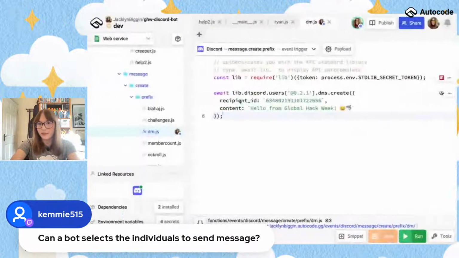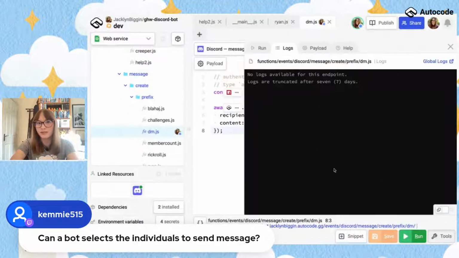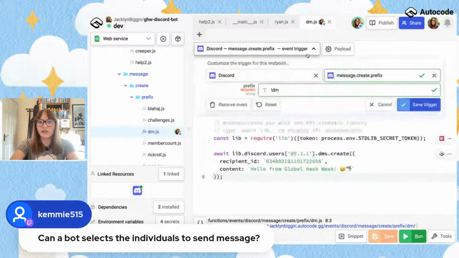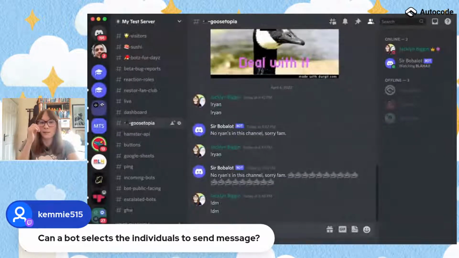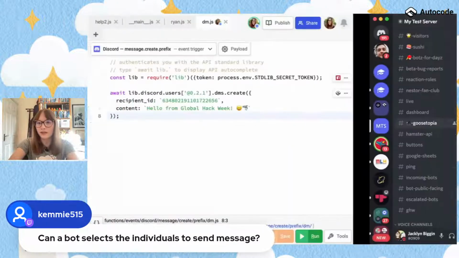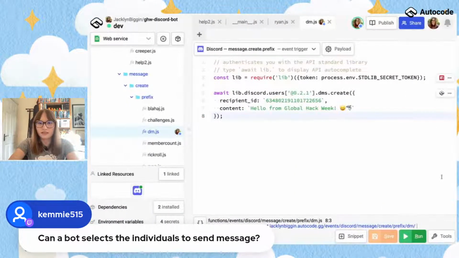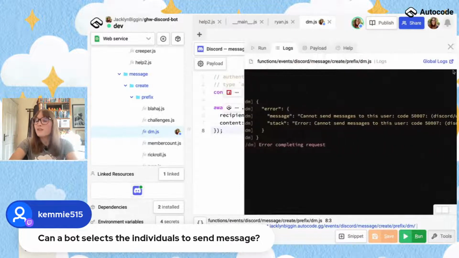It might take a little bit. And if I don't get one, I can check my logs to see what went wrong. So that's kind of how that looks. It looks like I tried to use it before it deployed. So there's a couple of seconds. That's just something to be a little bit aware of. But yeah, so: cannot send messages to this user. That's something you do need to be aware of.